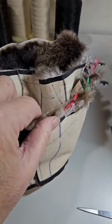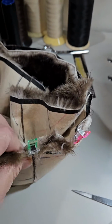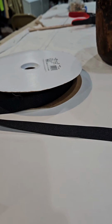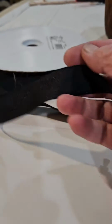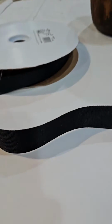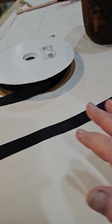I usually don't use these clippies, but I wanted to hold this in place while I showed you what I was doing. And after we get this on, then we're going to put our grosgrain ribbon. I'm going to show you a little trick. So I use grosgrain ribbon, the inch wide, for my hat bands usually. And, you know, it's straight, but I like to give it a little bit of curve. So what I do is I cut this a little longer than the circumference of my hat band at the